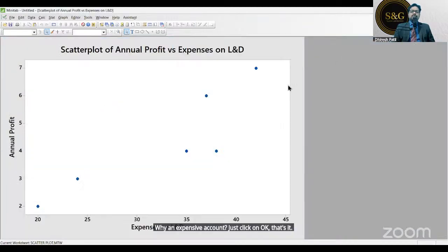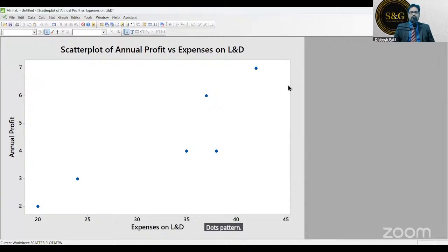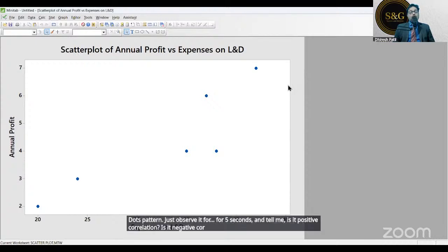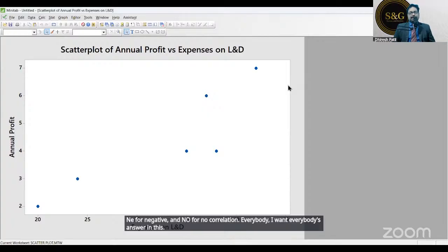Now just observe this dots pattern. Observe it for 5 seconds and tell me, is it positive correlation, negative correlation, or no correlation? Type in the chat box: P for positive, NE for negative, and NO for no correlation. Everybody, I want everybody's answer in this. Yes. Is it showing the